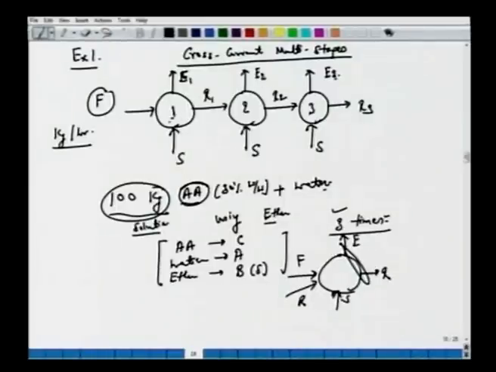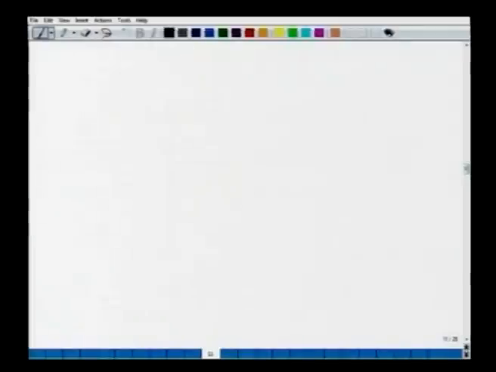1, 2, 3 denote the stages, and you can also think that 1, 2, 3 denote 3 times. In other words, the raffinate from the first time you are treating again with S in the same stage. All right. So whether it's 3 times or 3 stages, or whether the total amount is given as 100 kg or 100 kg per hour, we have the same treatment. All right. So the equilibrium data